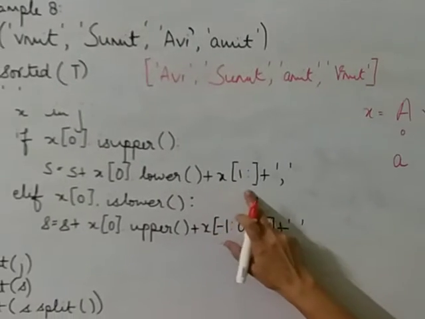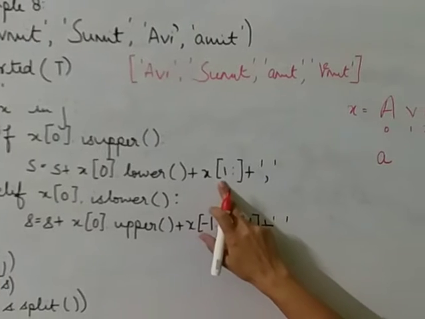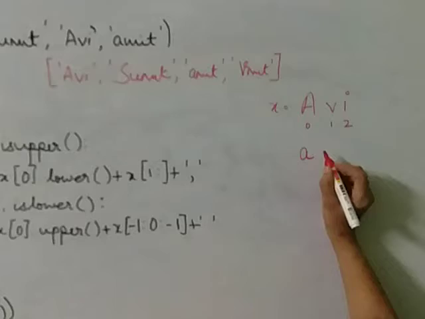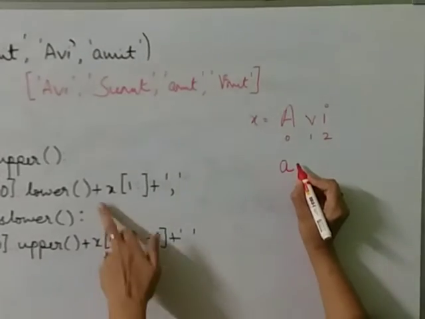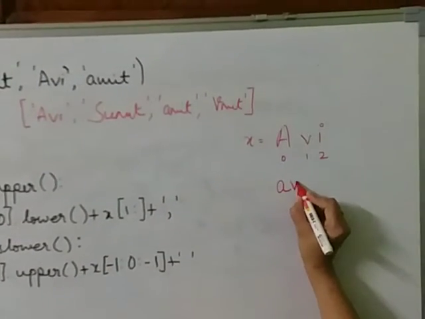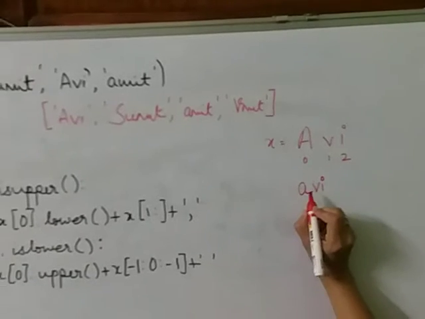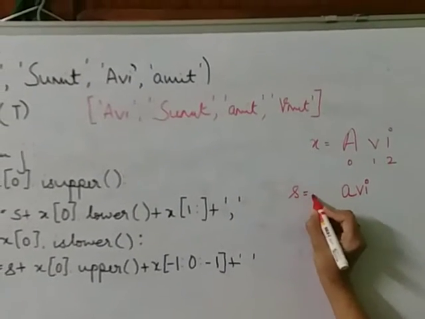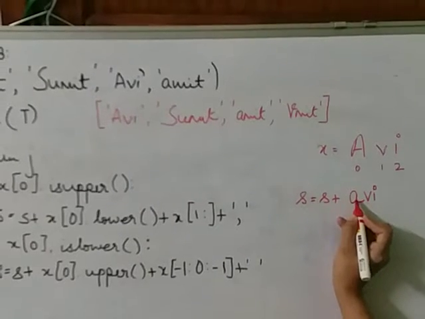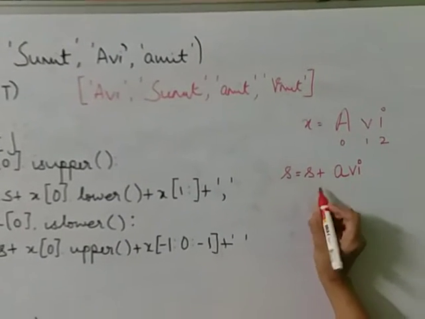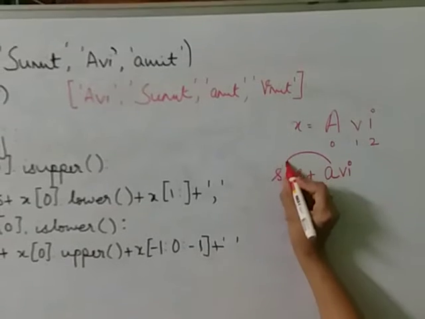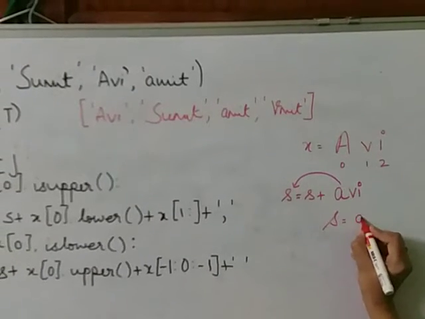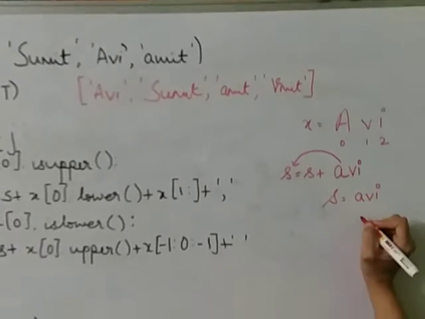Okay. Then here we are doing a slicing from index 1 till n. So this is the slice from index 1 till n. That means you are taking a slice and we are adding this one. So it will be like this. And then we are adding this value into S. The whole statement will be like this. As S is an empty string, what value will S get here? Only this one. So the value of S is Avi here.